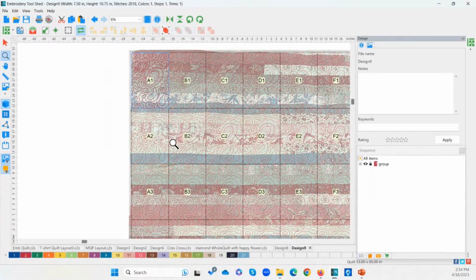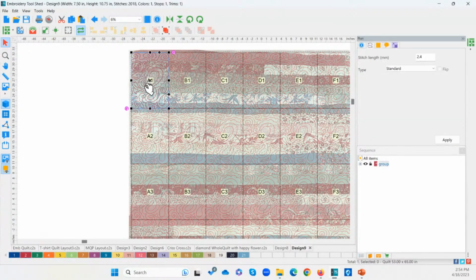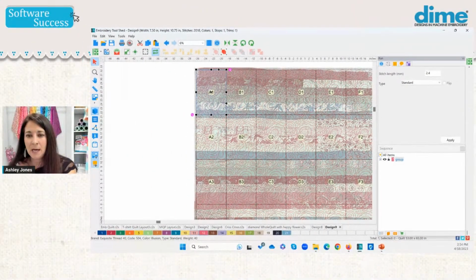The preview is the preview of the design, and the actual design that you have on the screen, you can change the color chip below. And in Dime software, when you select a design and you do a right mouse click, it selects that color. You can see my design changing up there on the screen as I right mouse click on these different color chips. So hopefully that helps you there. So that was a really good question too. And then let's see what else we've got here.